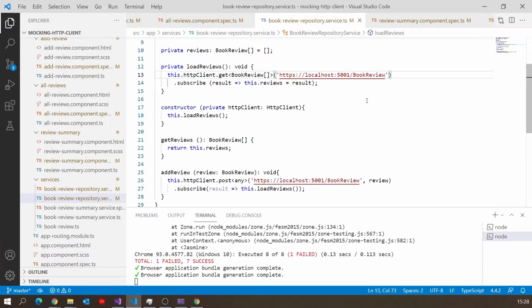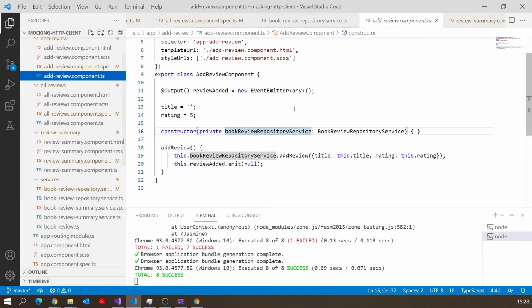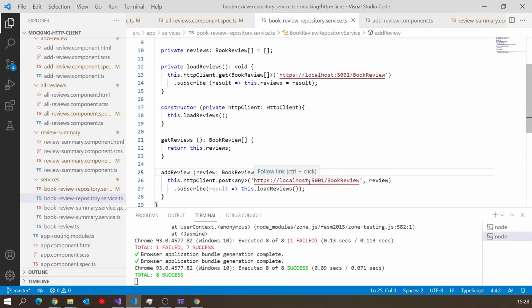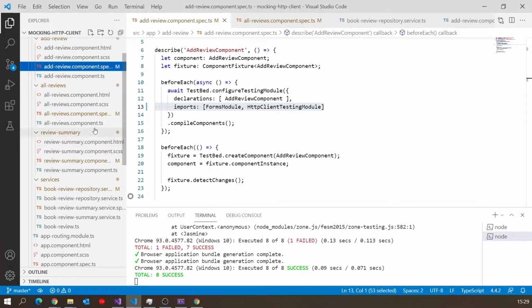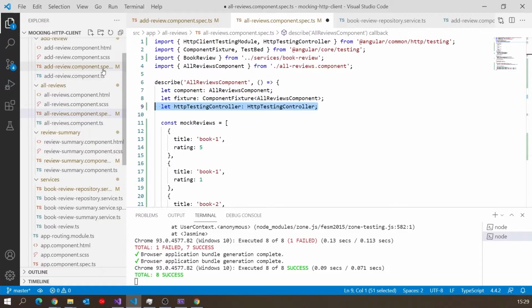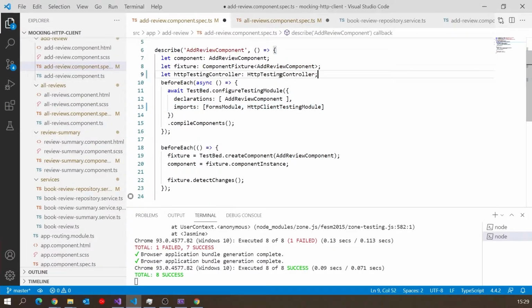Let's just quickly do one more, because that was looking at the get when we try and make sure the data comes back. The other example we had was for our post. So remember in our add review component, when we click add review, that calls add review on the repository. That then does a post method to the book review for all of that to work. And so that's what we'll need to do in the add review component spec. Similar sort of thing. So in fact, let's copy that. If we get hold of our all review spec, get hold of that and put that into our add review component in the same sort of place.